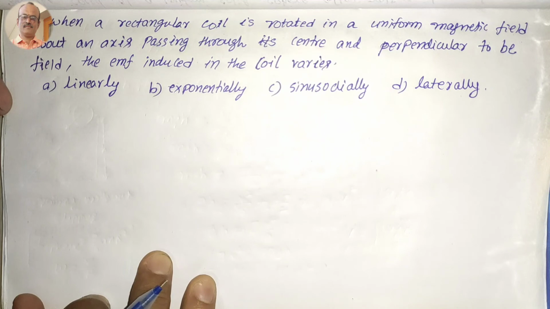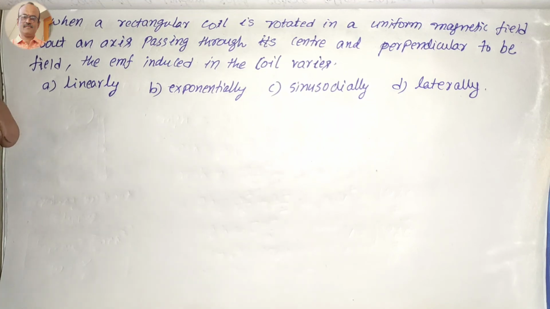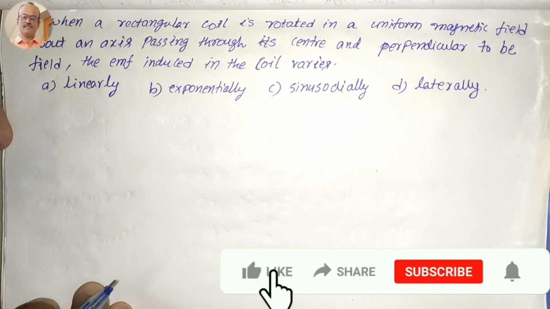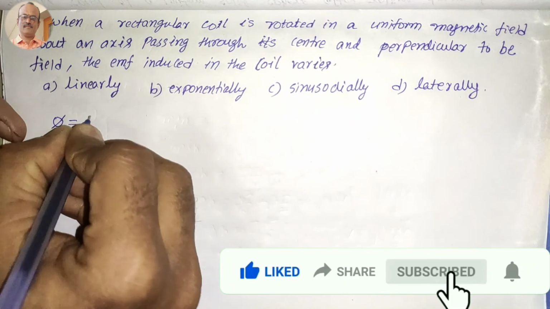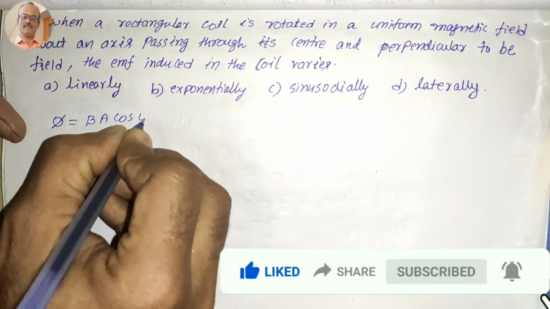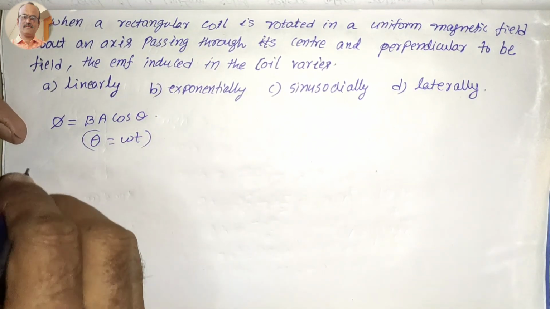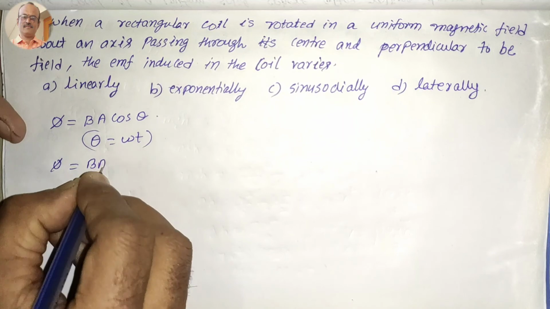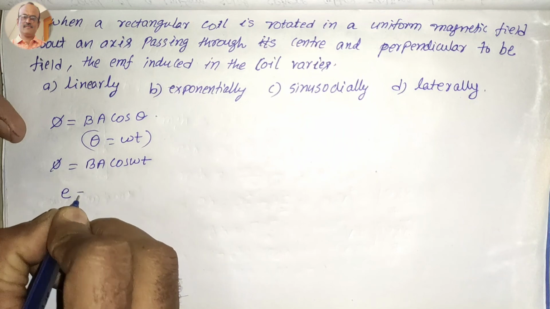Now the question number 40. When a rectangular coil is rotated in a uniform magnetic field about an axis passing through its center and perpendicular to the field, the EMF induced in the coil varies linearly or exponentially or sinusoidally or laterally. So first of all, when a rectangular coil is rotated in a uniform magnetic field, the flux linked with the coil is phi equal to BA cos theta, and also we know that theta is equal to omega into t. So phi is equal to BA cos omega t, but actually EMF E is equal to